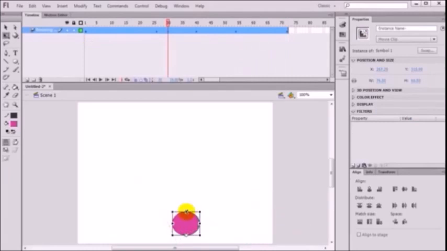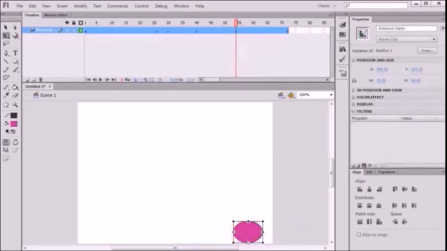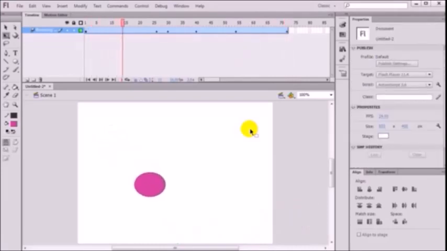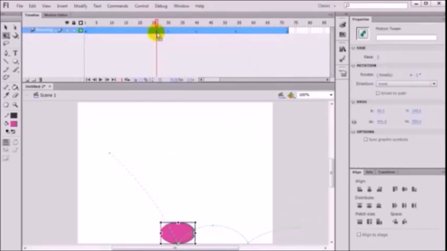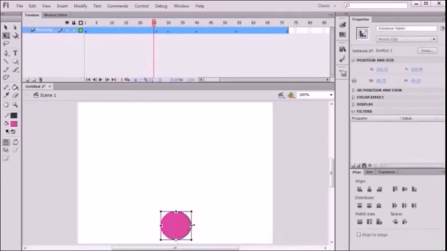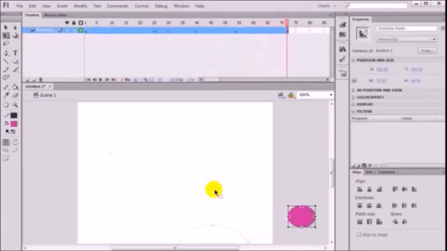You have to change the shape of the ball once it is touching the floor, right? So for that, we'll just squish it and again move it, change it. So that is how a ball will bounce when I set it. So in between, I'll set the keyframes where the ball is getting a little bit squished before it touches the ground. Then after that, it will move up and then roll back.